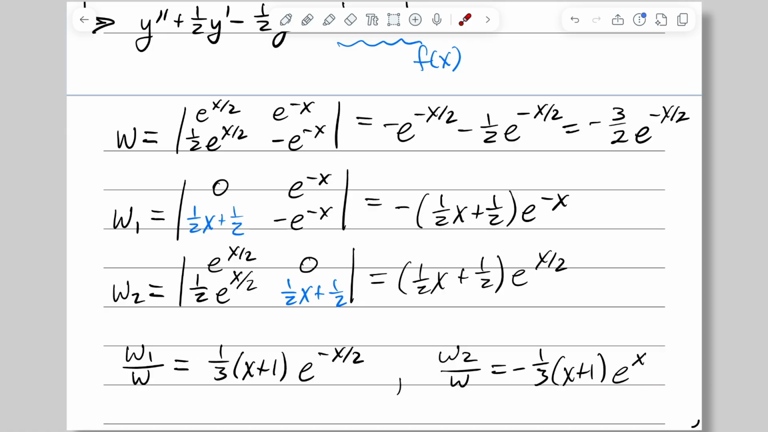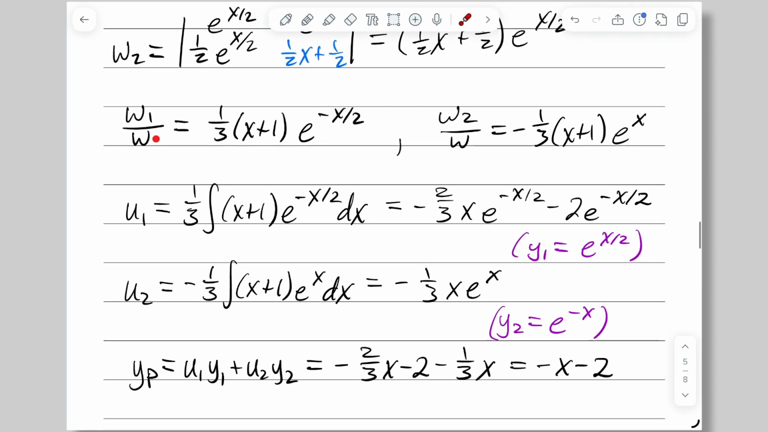If you didn't have this, I want you to double check your work, align with this, and then move forward. If you did have this, well, good for you. Still move forward. Using what we found for W1 over W and W2 over W,